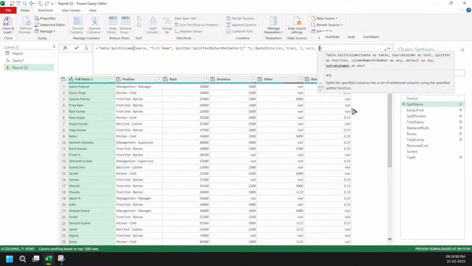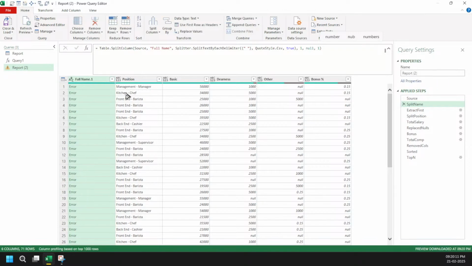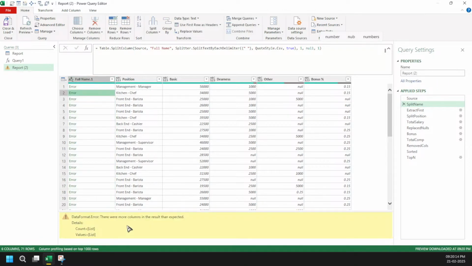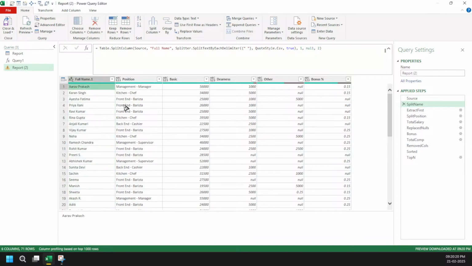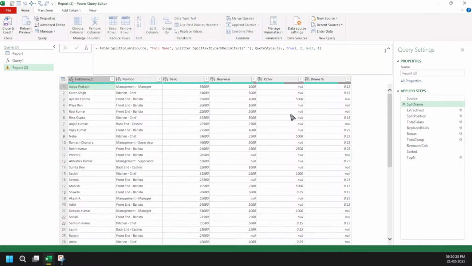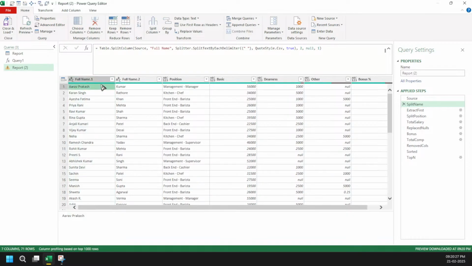Let's say I want the extra columns as just one, so that in future, if anything changes, right? If I'm going to get four names in a word, then I can understand, okay, this is the problem I am getting. The moment I do here, you will see here, there were more columns than expected. So I need to make changes in extra column. Now you can see here, I got my extra columns this way, right?